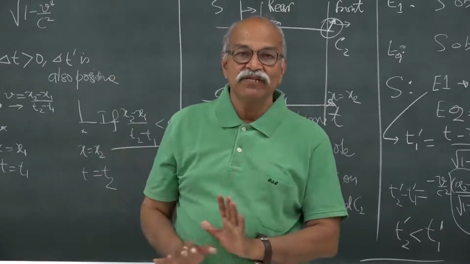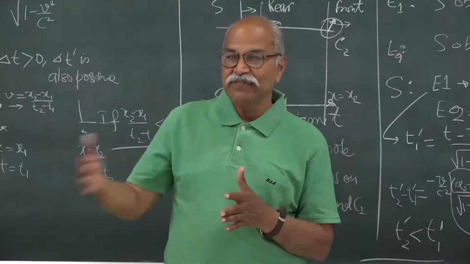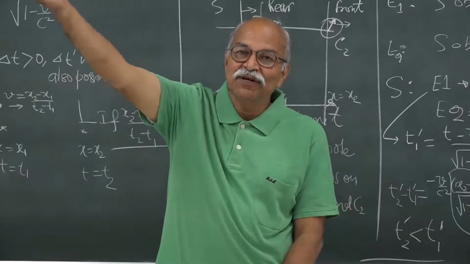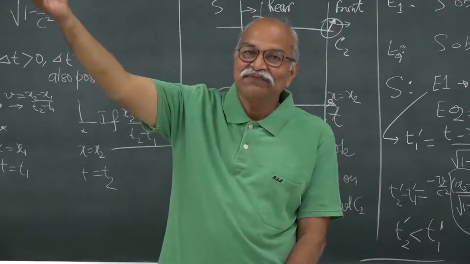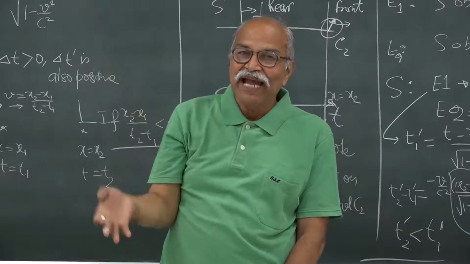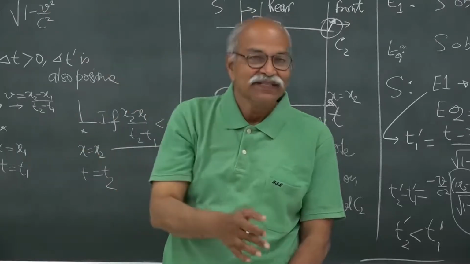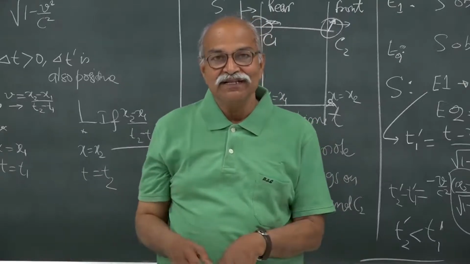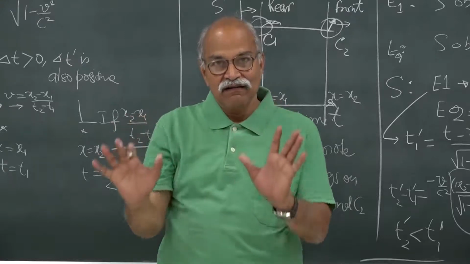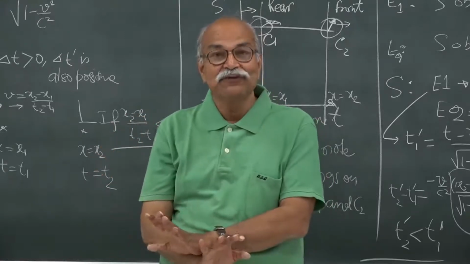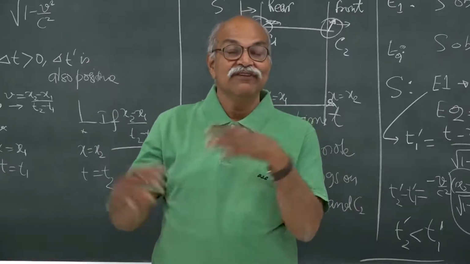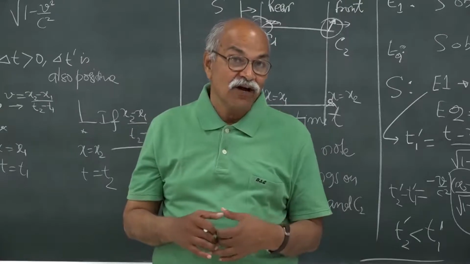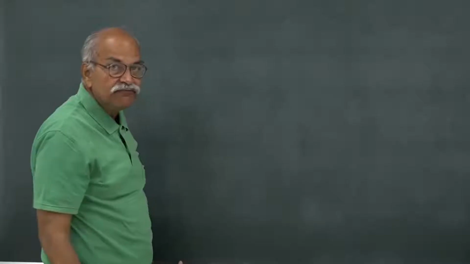So, the Galilean transformation we know very well. If I have two frames S and S prime and there is some object, then the velocity of the object with respect to S, the velocity of the object with respect to S prime, and the velocity of S prime with respect to S, are related by just vector addition, simple. But in the Galilean transformation, things are reasonably okay for low velocities only. For high velocities, we have to bring in the Lorentz transformation, and then let us see how the velocities transform. So, velocity addition.